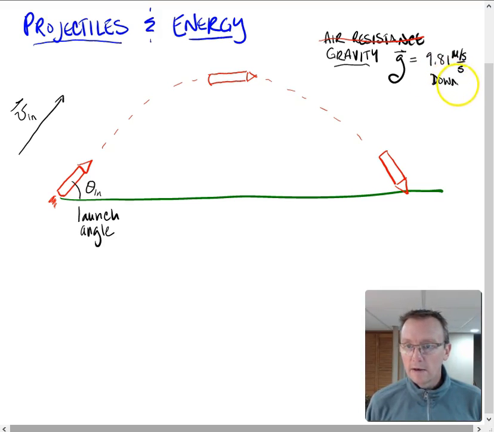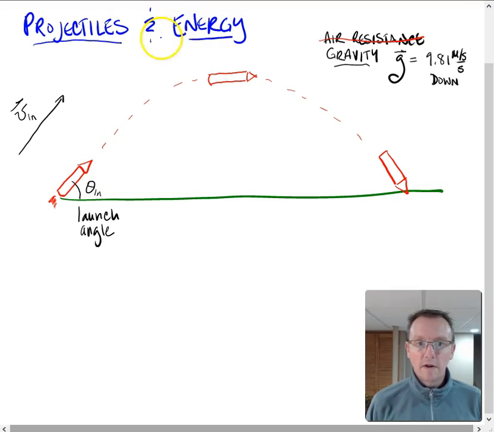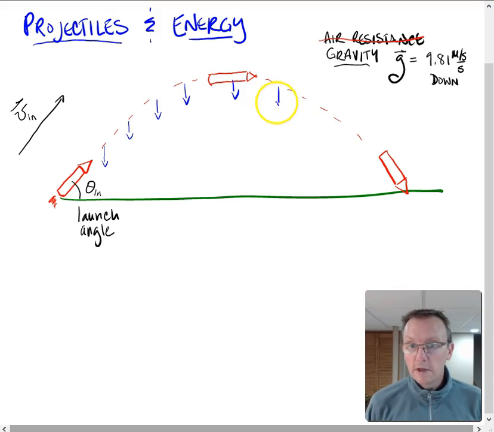It's always acting downward, and it's always acting, so don't forget that. So I'm going to come over here, and I'm going to say that this motion, which starts off in that direction there, actually is being affected by gravitation. So there's this little gravitational acceleration that is trying to affect the motion, like so, as it goes through its whole